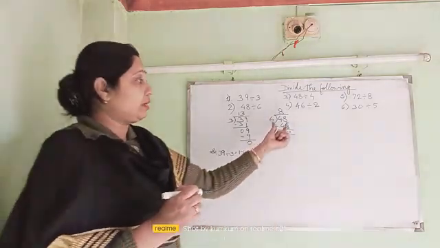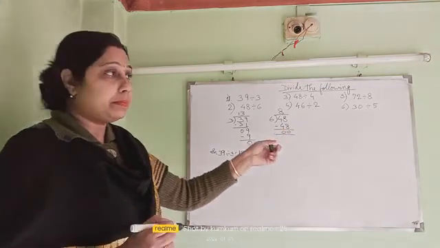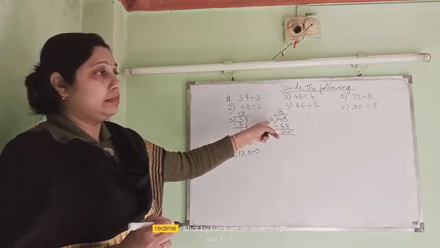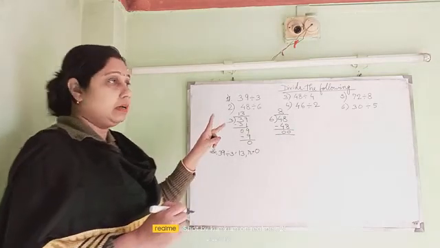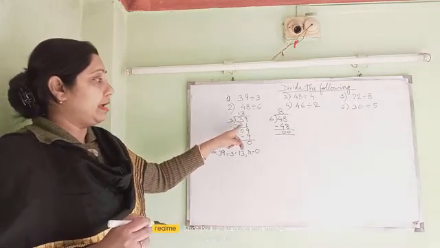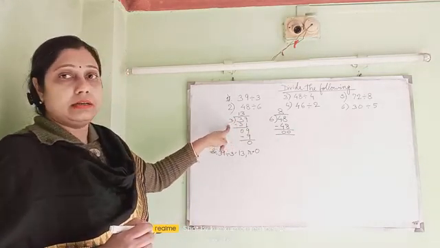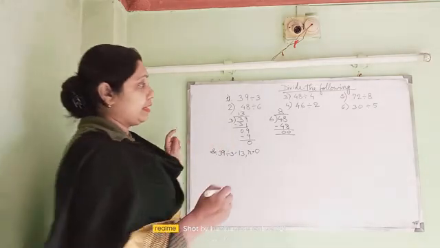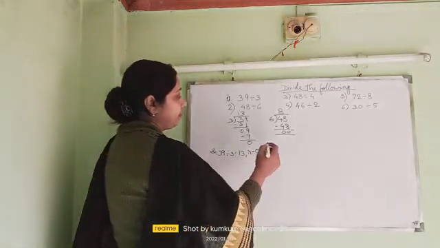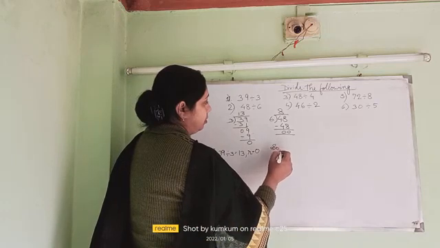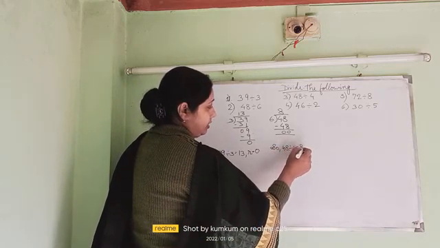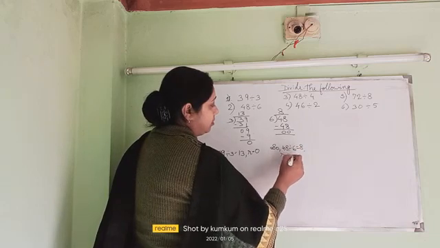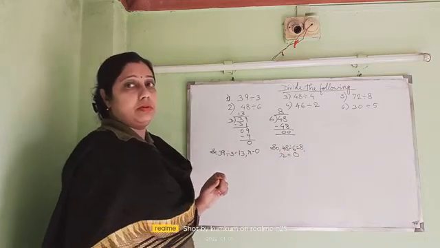Why we have taken here two numbers? Because the first number is smaller than 6. So that's why we have taken here two numbers. But here the first number was same as the first digit. So we have taken here one digit. Here I will write, so 48 divided by 6 equal to 8, R equal to 0. Below I have written here.